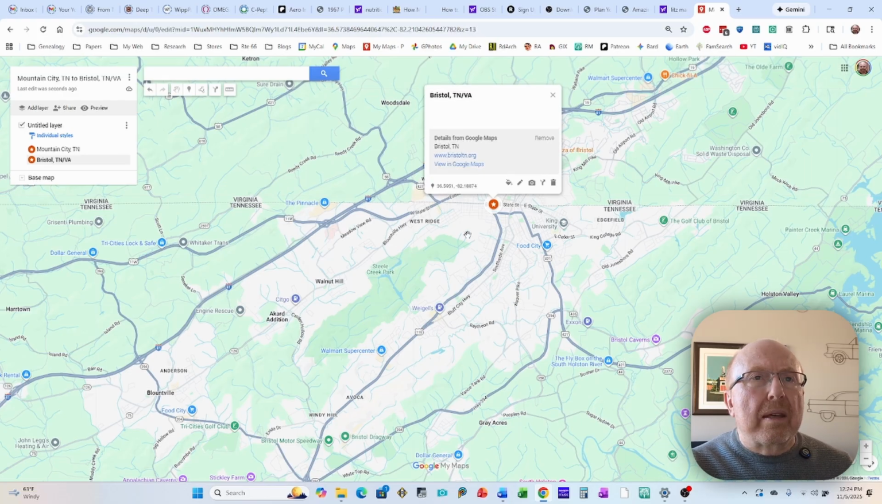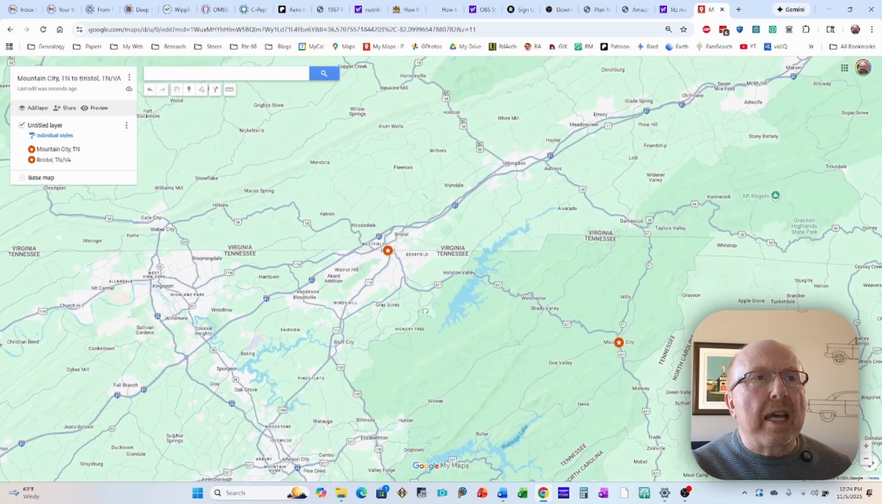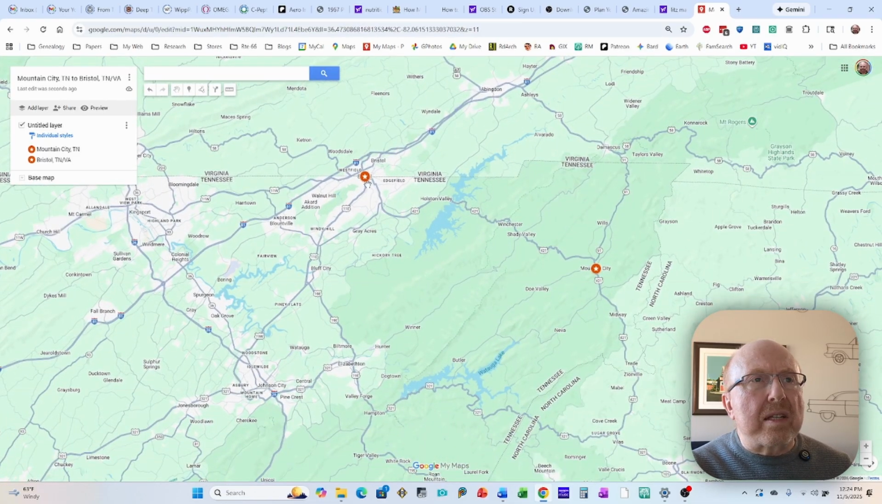Now, let's zoom out on the map, and you'll see that we have Bristol, Tennessee, and Virginia right here, and we have Mountain City, Tennessee right here. So we can see how far away they are. This is about 32 or 33 miles, I believe, although not as the crow flies, but as you're driving across switchbacks in the mountain. So now what we want to do is we want to create a route between these